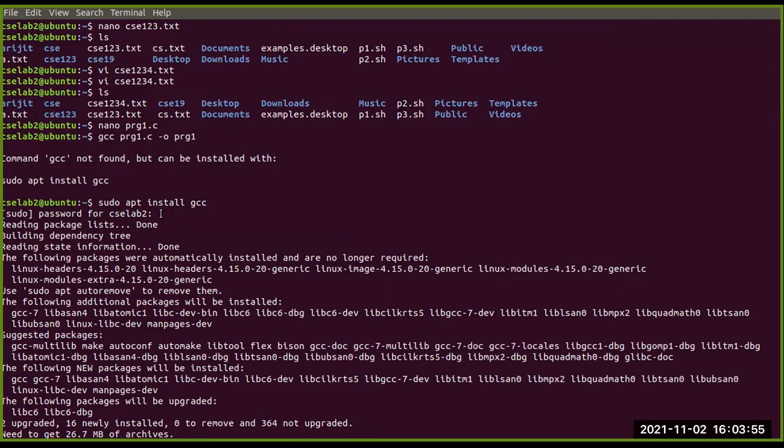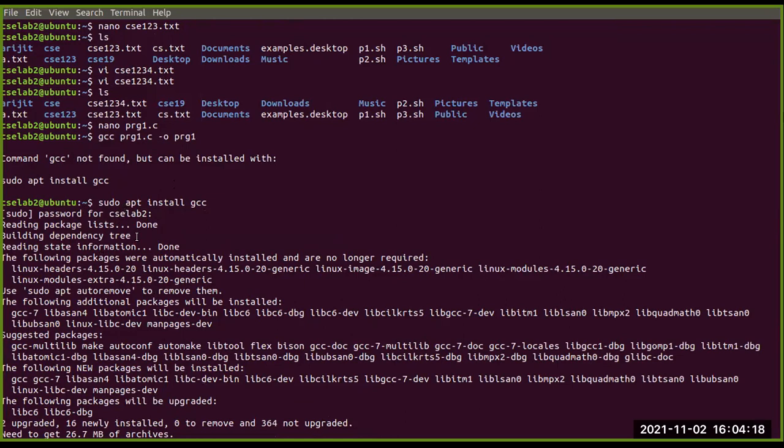While I write the password for CSE lab, my username being CSE lab 2, it is not showing anything at all. For security, it is hidden from the user, so no one can see the password.